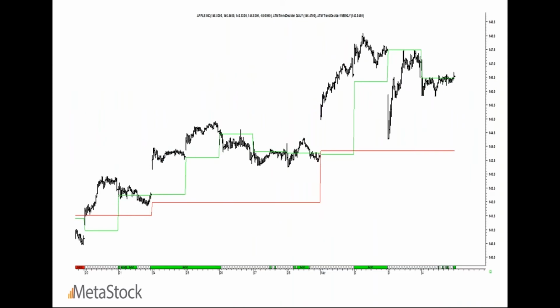So just continuing with that Apple example, this is a very short-term chart. Probably, I reckon this is a 5-minute chart I have pasted up here. And you would see the green is the Trend Decider daily level, and the red is the Trend Decider weekly level. Pretty much like saying that, hey, if I'm above the green, I'm bullish for the day. If I'm below the green, I'm bearish. Okay, so you can see that it works like some kind of a support resistance as well.